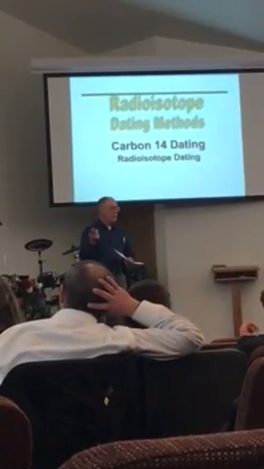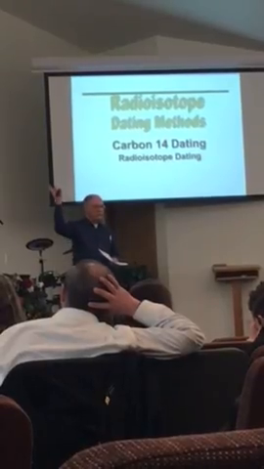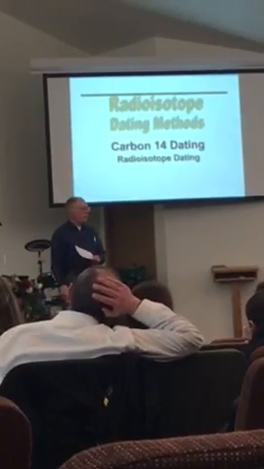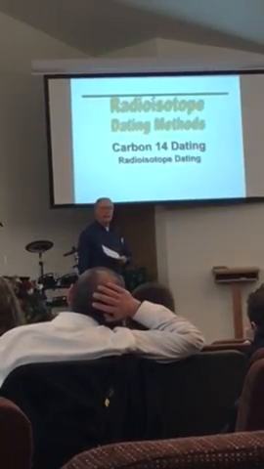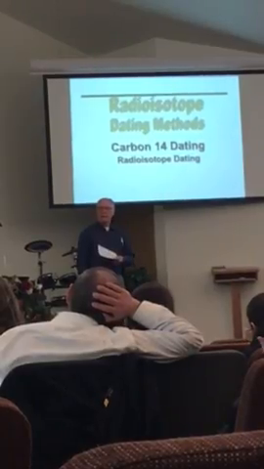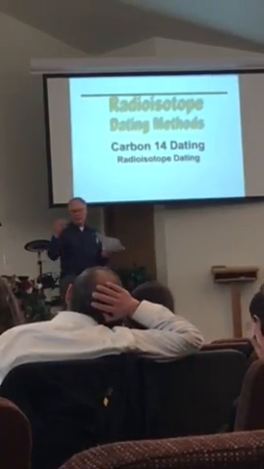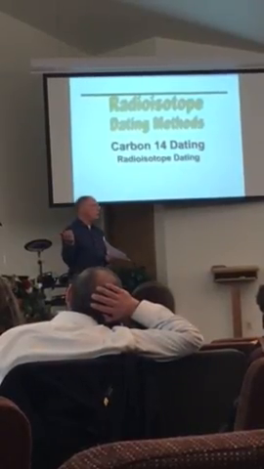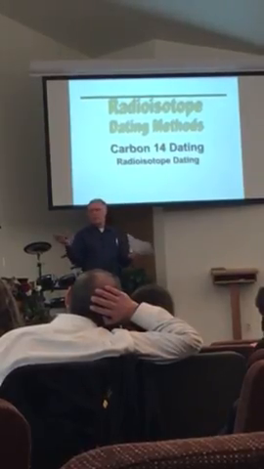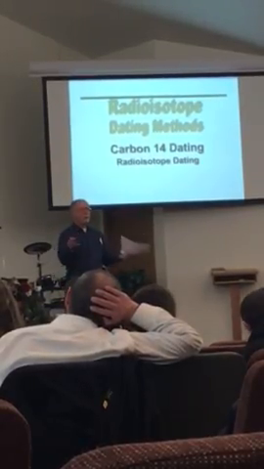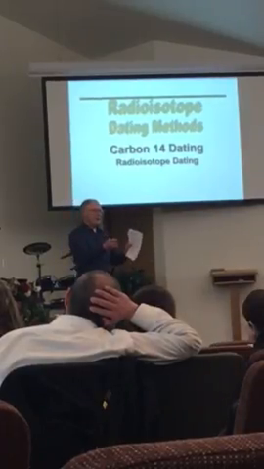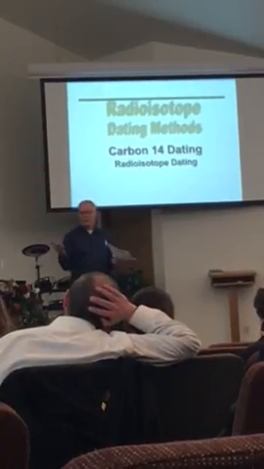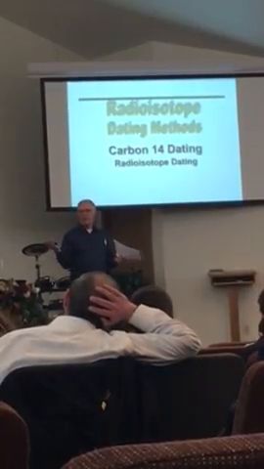Mount St. Helens exploded on May 18th of 1980. Anybody remember that taking place? Well, there's a lava dome that formed in the crater of Mount St. Helens after that. They dated that with multiple different techniques, but with potassium-argon, they got an age of 2.8 million years on a lava flow that was formed in 1980. And so every time you have a chance to test radiometric dating against a known age of a rock, it gives you the wrong answer. So is it dependable? Is it credible? I would say it's not.